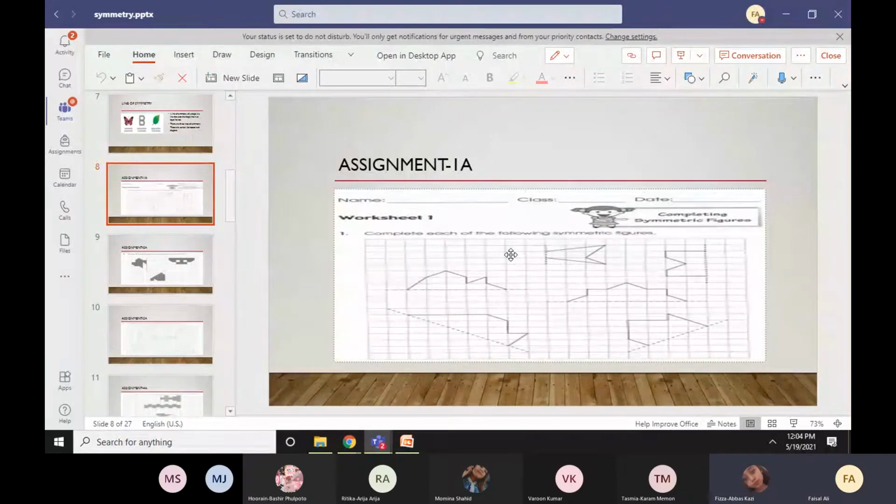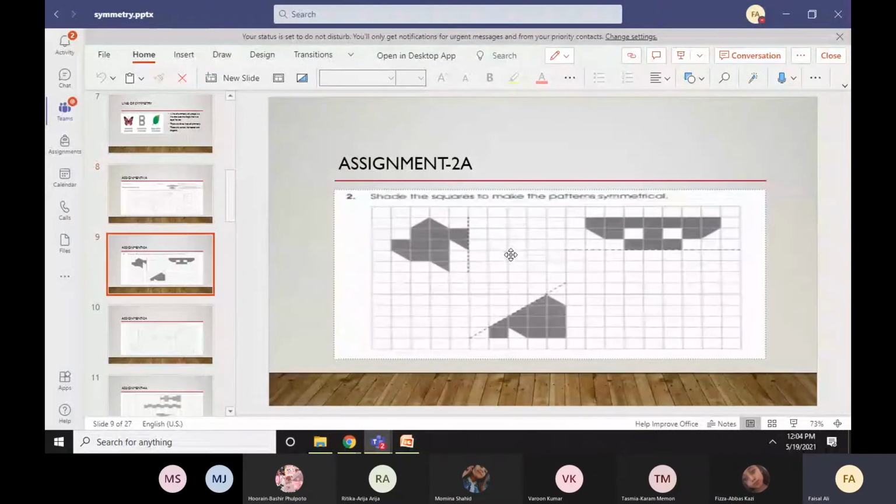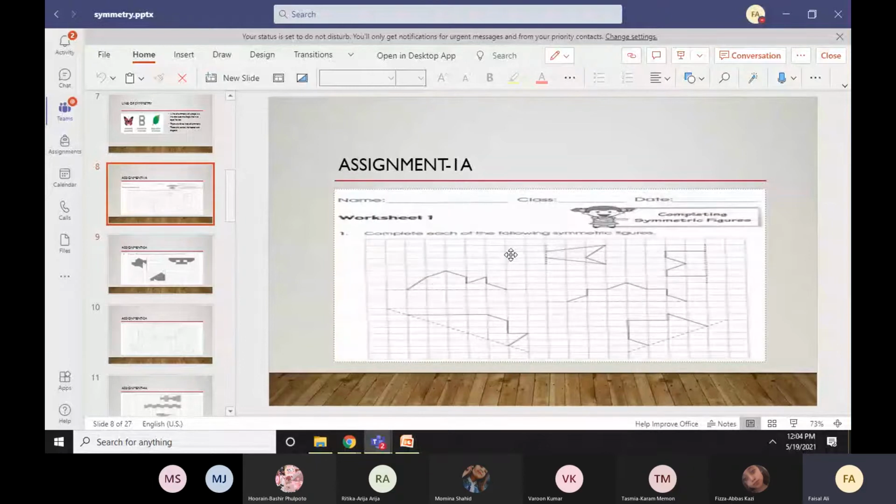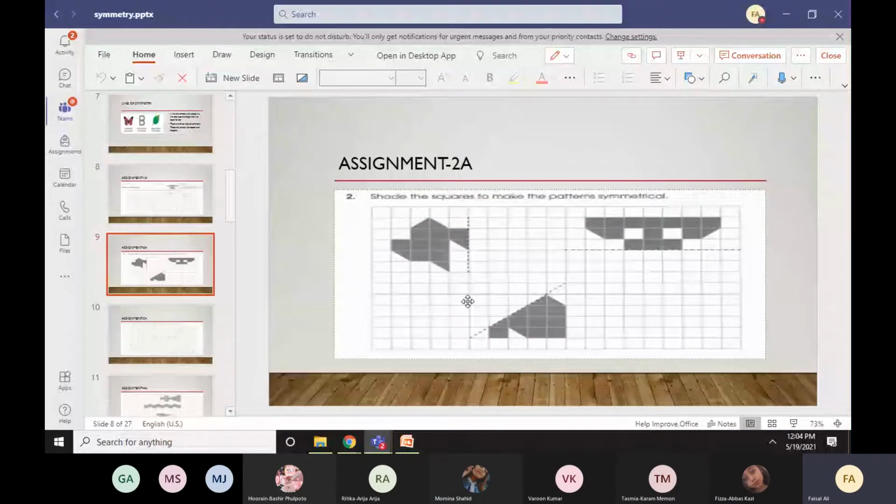Beta, as I have suggested, in symmetry you will do the problem by completing the figure. Suppose there is a figure you can see in front of you on the slide. A half symmetric shape is given, and you have to make the same other half. Sir, this is book work, we don't have the book. So how can we do it? Beta, I said print out the pages, then you complete these pages. Okay, leave this. I will text you, then you will do this.